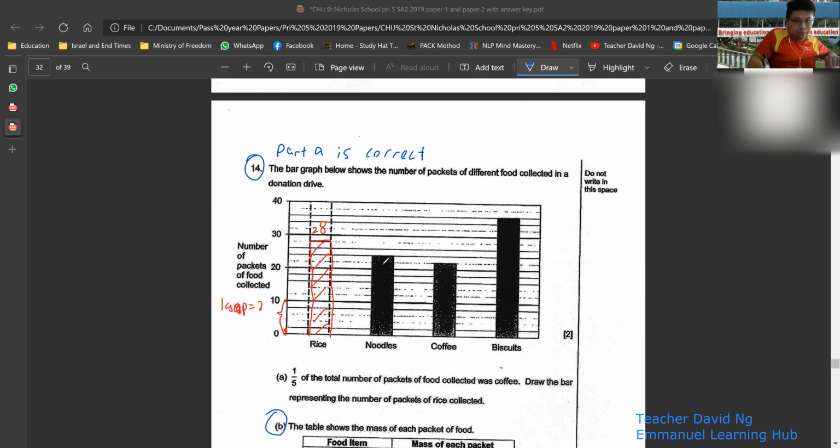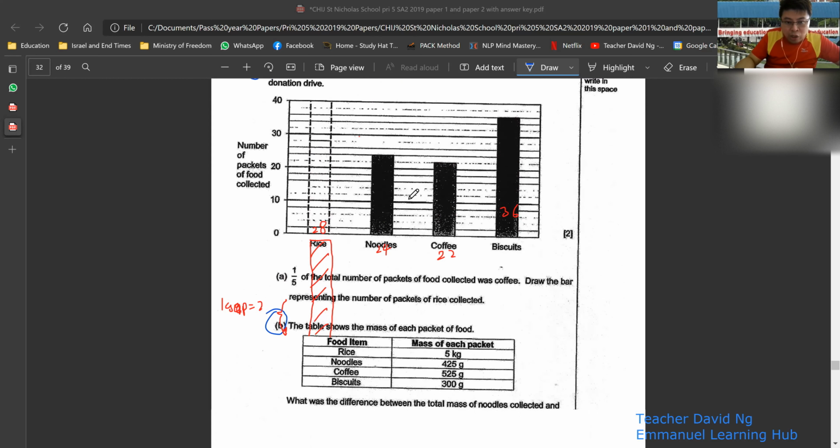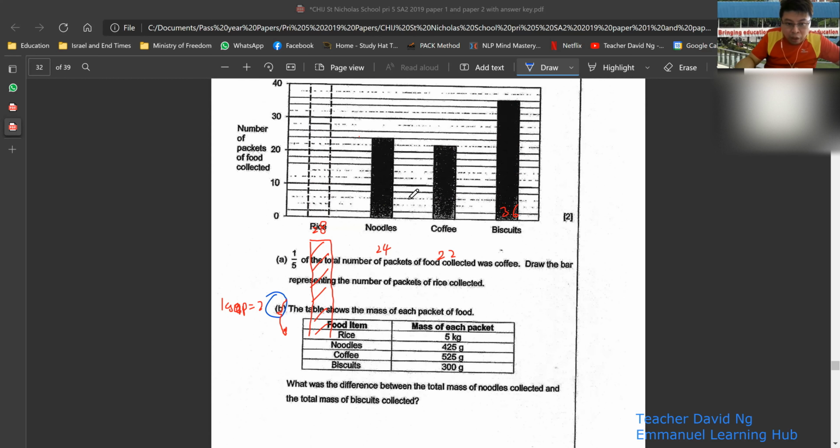Then noodles. This is 14 now. Okay, noodles is 2 gaps above, right? 24. Biscuit, 2 gaps away, 36. Always write out the number represented above the chart, above the graph. Makes life a bit easier for you. Oops, because I write it that way, the number doesn't follow. Okay, now